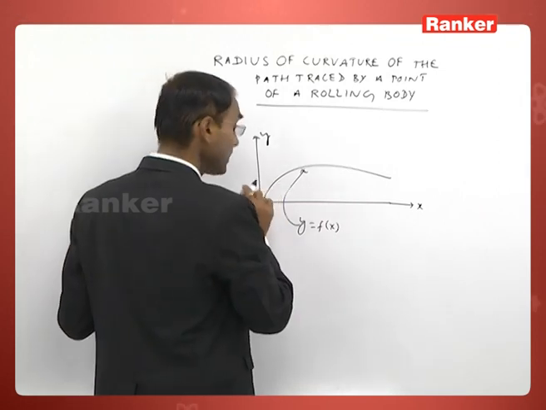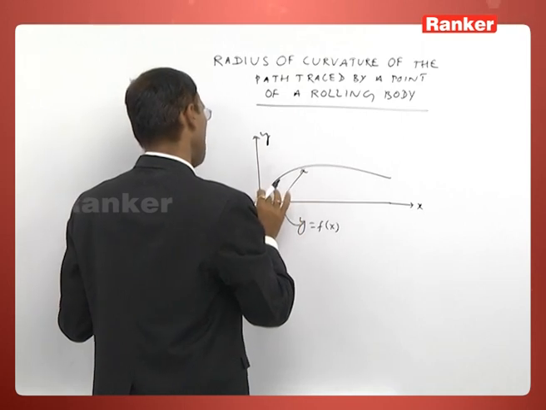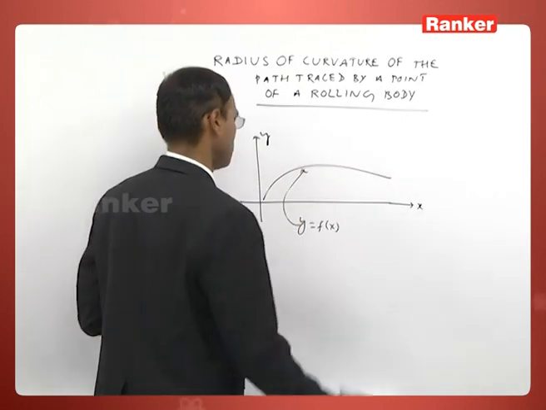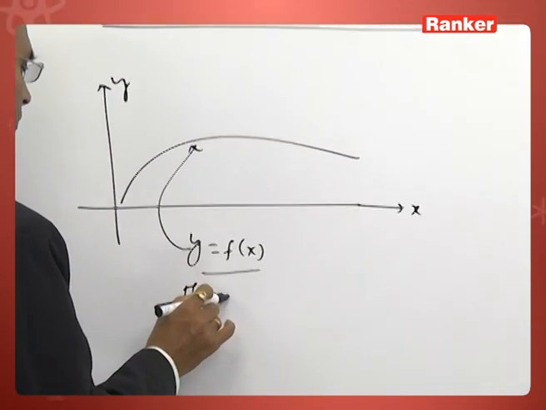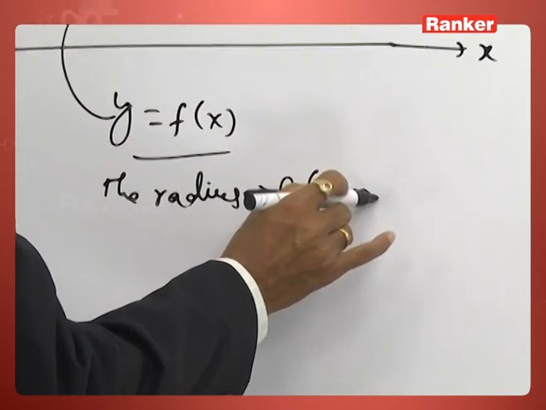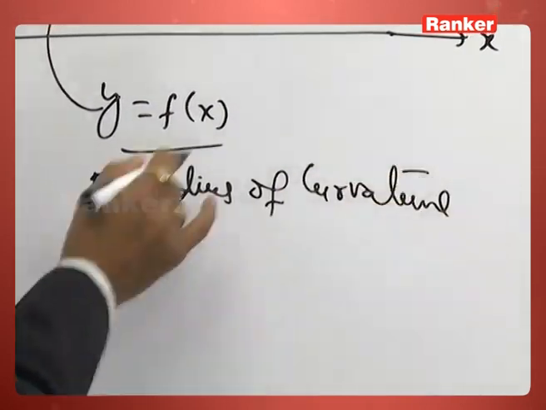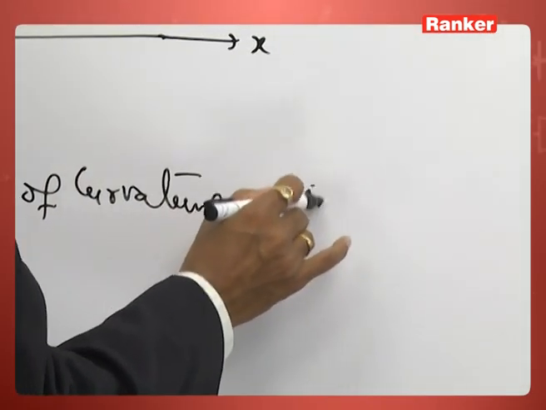Suppose a particle moves in such a way that it produces a curve given by this equation. The radius of curvature of this curve at any point is given as